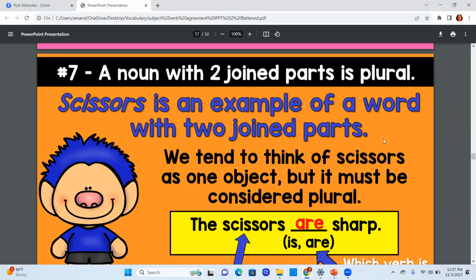I do that obviously with glasses. So I wear glasses, but it is plural. And I think of it this way because I have 2 eyes. I just can't have one glass. I need 2 lenses over my eyes, therefore glasses. But you find what works for you and how you can remember.